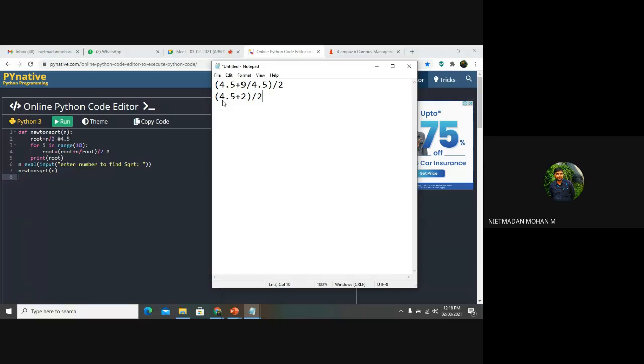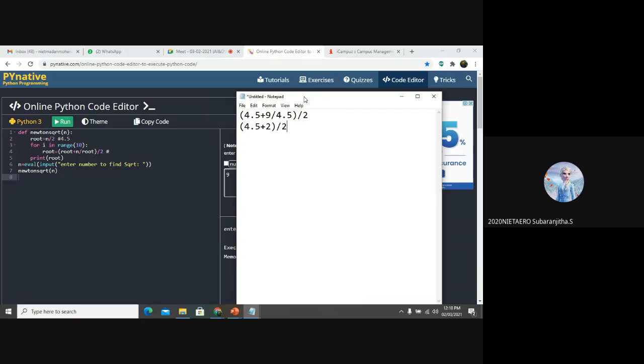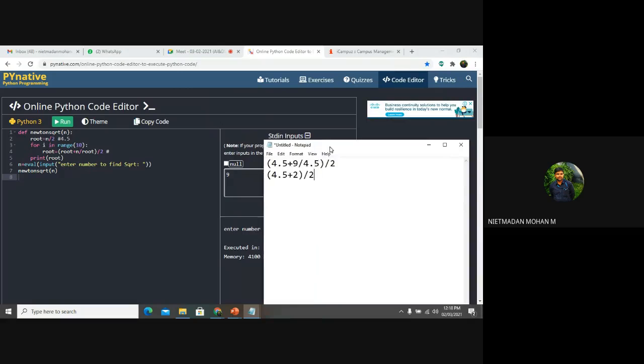6.5 divided by 2. 6 divided by 2, then we get the value 3. 6.5 divided by 2 is 3.25. Now we are getting a value of 3.0.